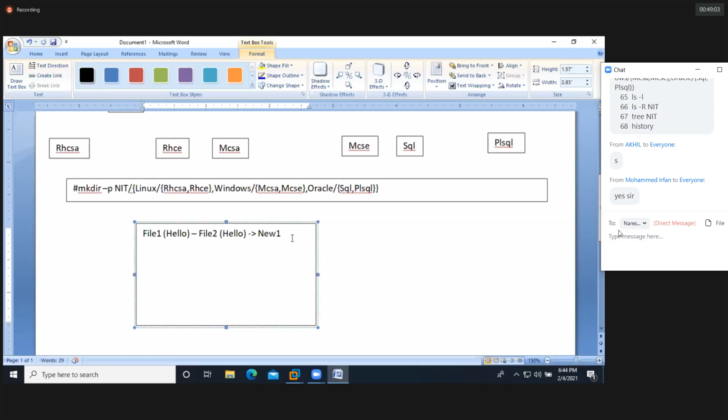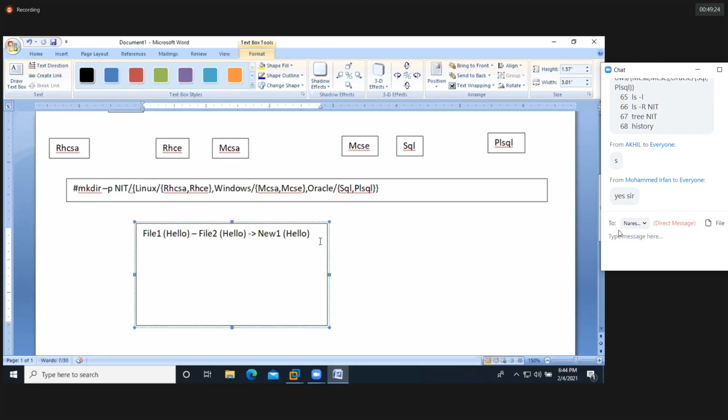Inside newone we will have hello. Okay? I hope you got it, guys. If it is an existing file, it will overwrite the data. If you provide a new name, it will create it and copy the data from file1 to the newone file. So I hope you're clear, guys.